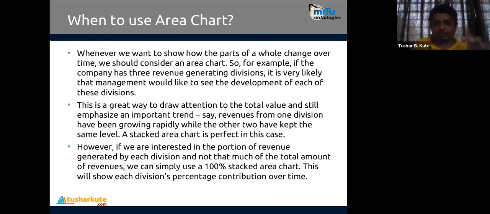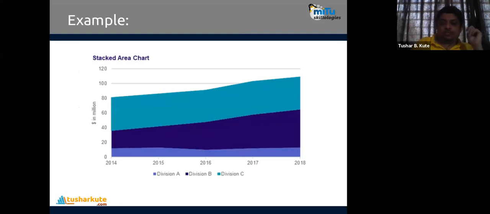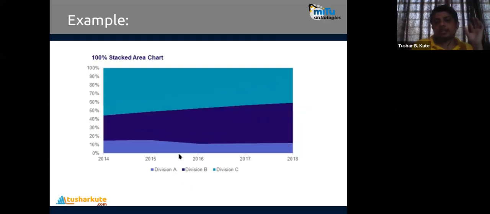See this one. The same example I've taken. Now you can see, out of the total revenue generated here, this amount of revenue will be there from the first. 100% is not there, but the interpretation can be something like that. This is B. You can observe it's increasing, and this is your C division. Revenue is great, it's also progressing, but A is somewhat constant. Fine. This is the 100% stacked area chart.